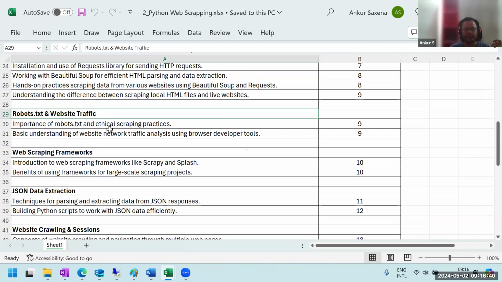If you see cell number 30, it talks about ethical scripting practices, which we have already spoken about, like what we should be mindful about before scraping data from any web application, and how to do data scraping at a large scale, at an enterprise level, because there's a lot of difference when you do data scraping in your home project or in your dummy project